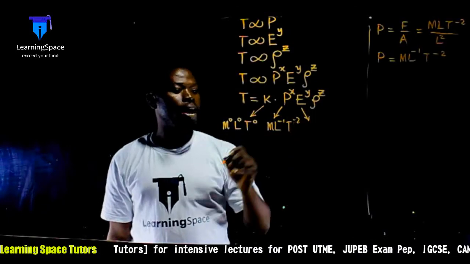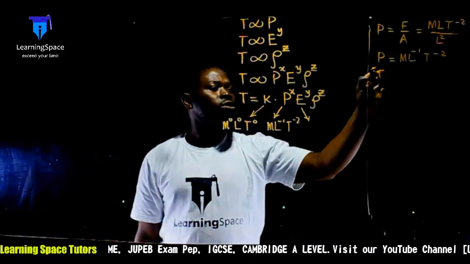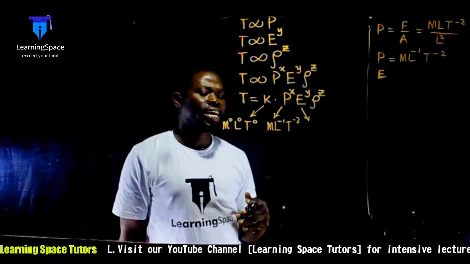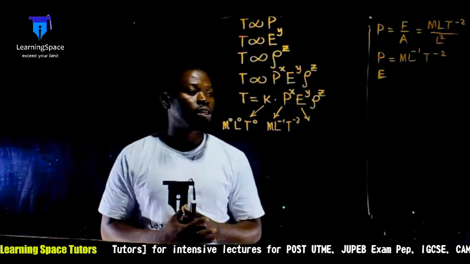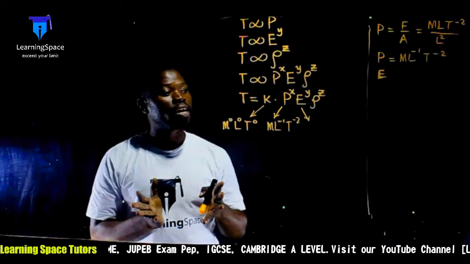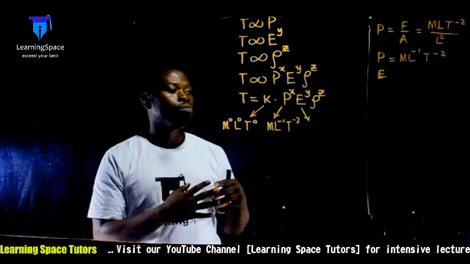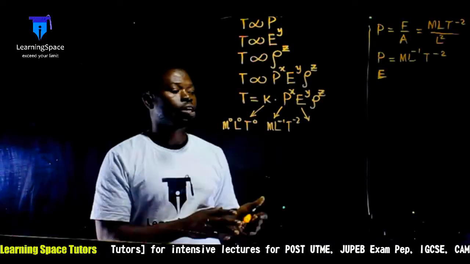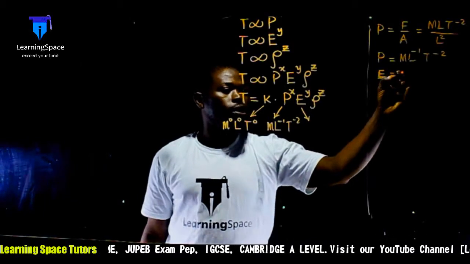Then the blast energy. What is the dimension for the blast energy? You can deduce the dimension for energy from any formula, because energy can neither be created nor destroyed, but it can be converted from one form to another according to the law of conservation of energy or first law of thermodynamics. So we can have energy in the form of kinetic energy equivalent to energy in the form of potential energy, equivalent to light energy, electrical energy, and so on and so forth. So if I decide to make do with kinetic energy,